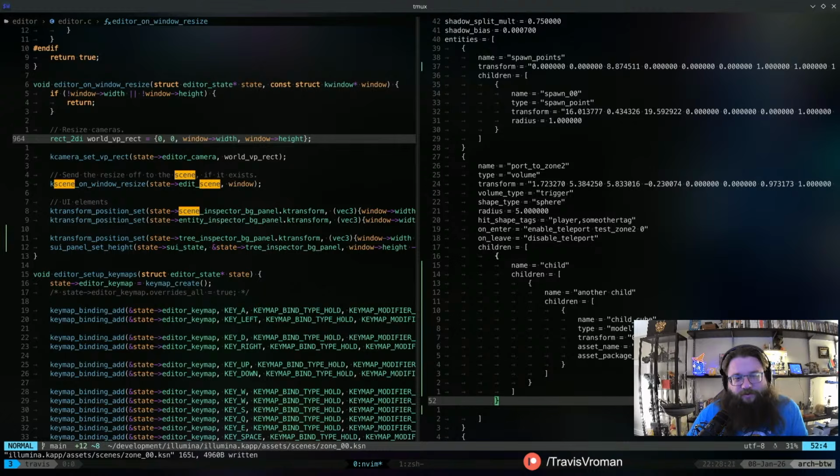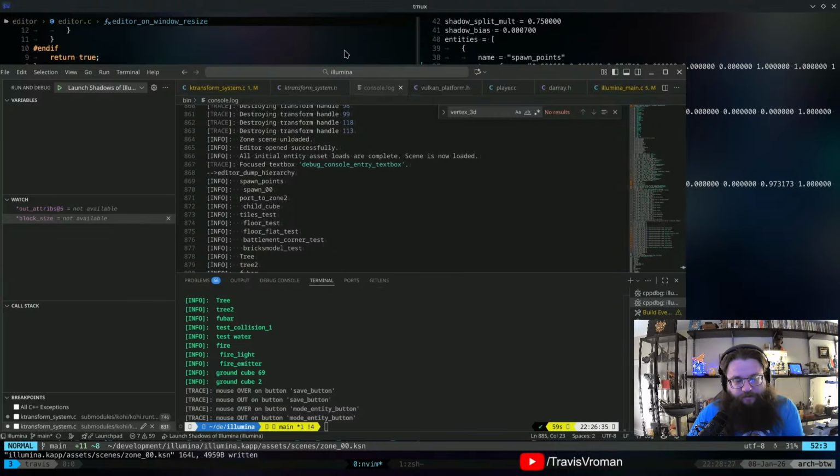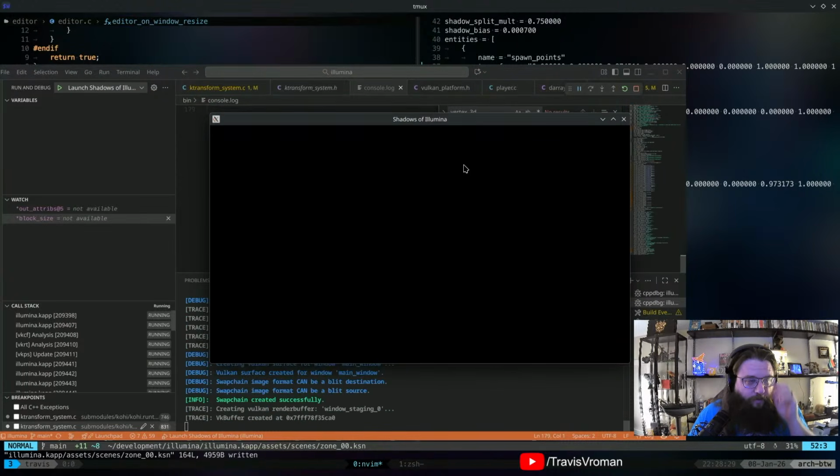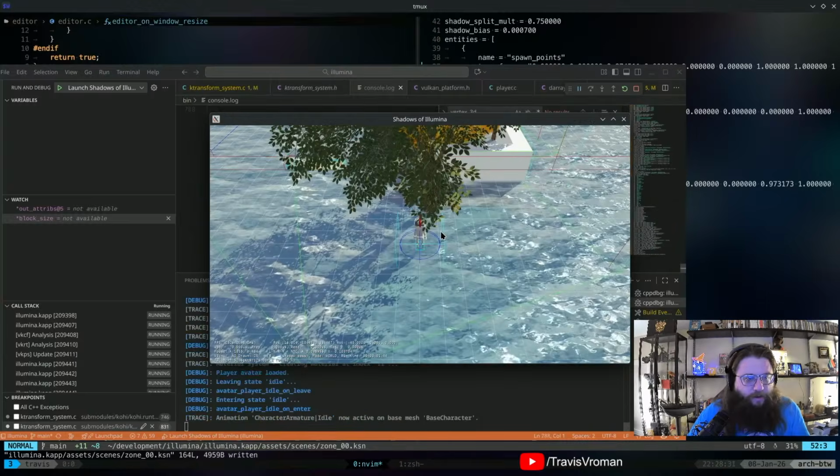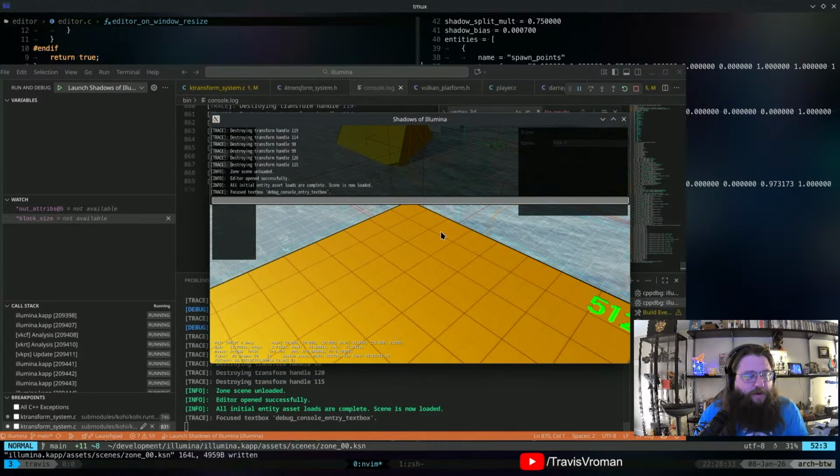So we've got some sort of hierarchy built there, right? And so if I go ahead and run this and load and go into here and do editor dump hierarchy.